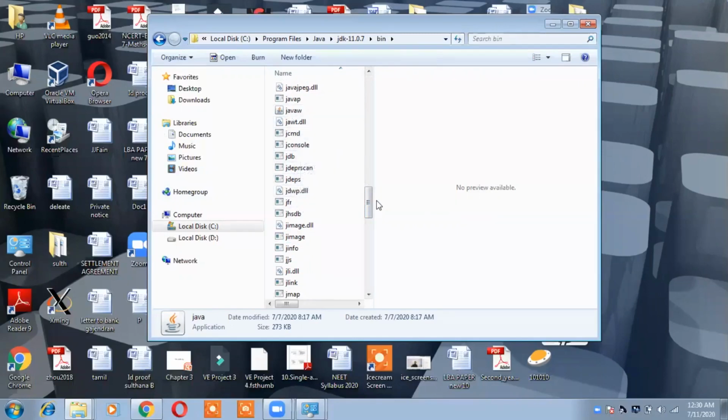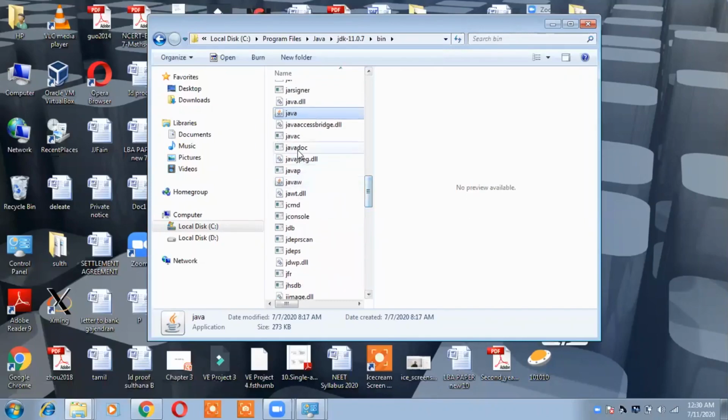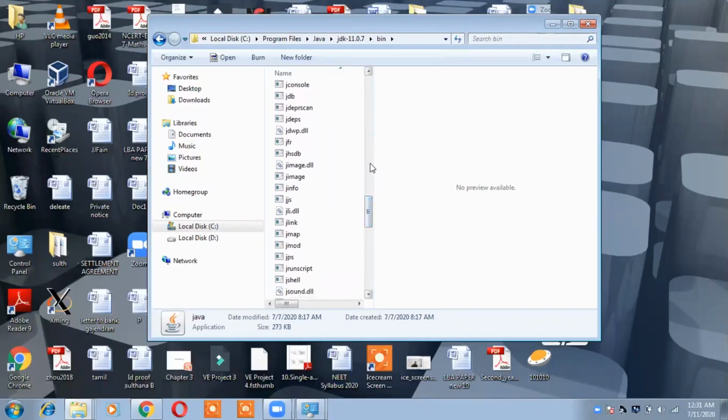Where is it? Yeah, see here the Java compiler, and then jdb. It offers a number of tools, APIs, and the Java runtime environment to create and execute your Java program. So if JDK is successfully installed, you can see this folder.